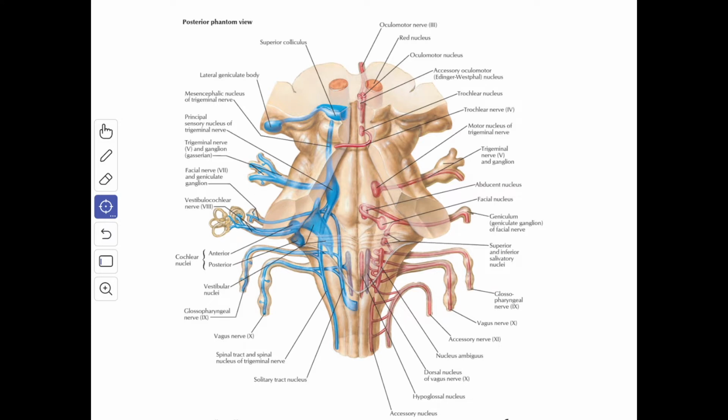The third general somatic efferent nucleus is the abducens nerve nucleus. So this is the abducens nerve nucleus. The abducens nucleus is located in the lower part of the pons beneath the facial colliculus in the floor of the fourth ventricle, a short distance from the median plane, in line with the nuclei of the third and fourth cranial nerves above and the hypoglossal nerve below. So they lie in a line.